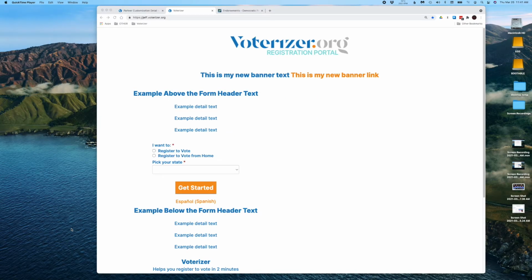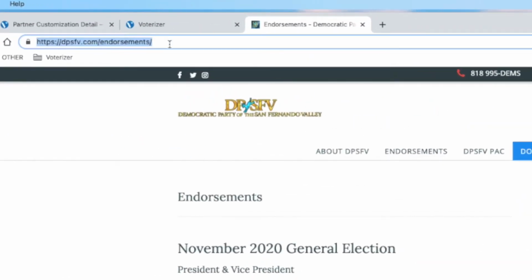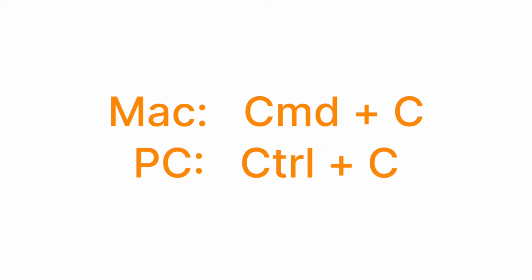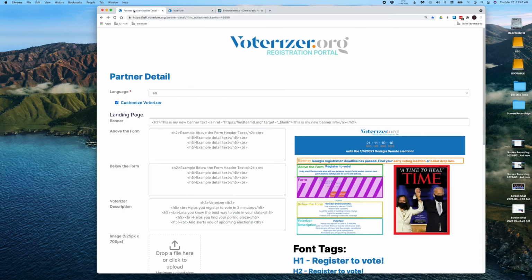So how do you change the link in this banner? Well, it's pretty easy. Go to the website where you want to send your user. For me, that's the endorsements page of the Democratic Party of the San Fernando Valley. Copy the URL into your clipboard. On a Mac, this is accomplished with Command-C. On Windows, it's Control-C. Go back to the Partner Detail page,